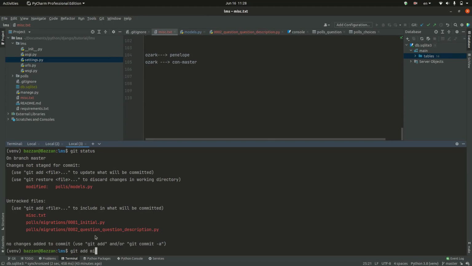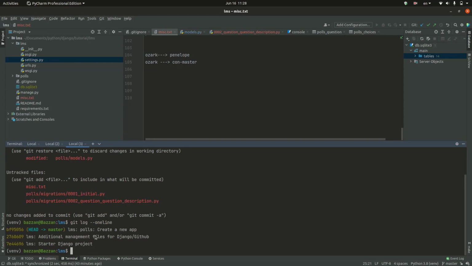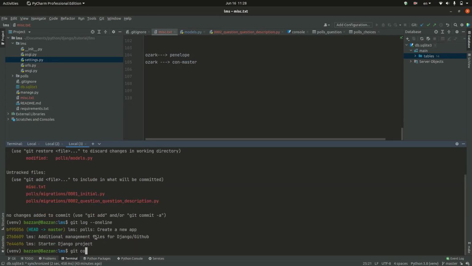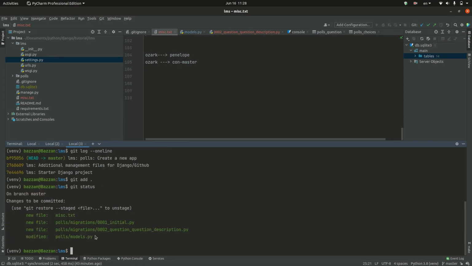Rather, let's check what was the last thing we were talking about. You can just do git add dot, git status. It has everything added. I don't want to add everything